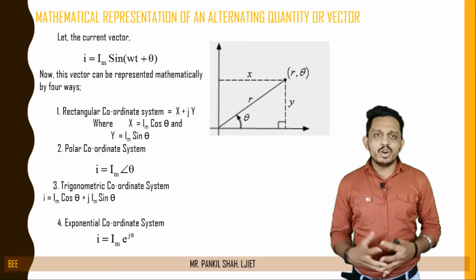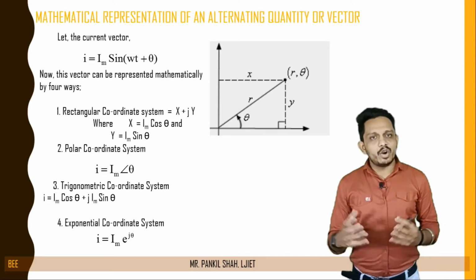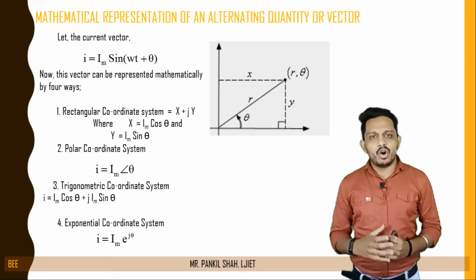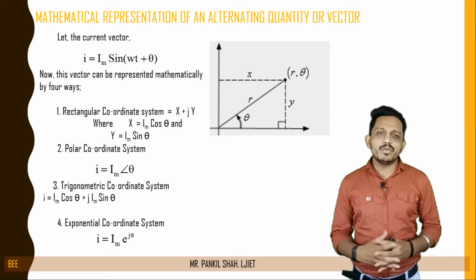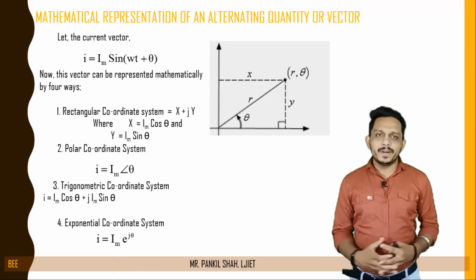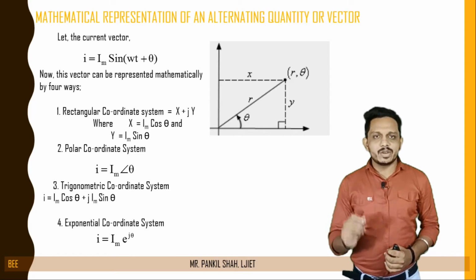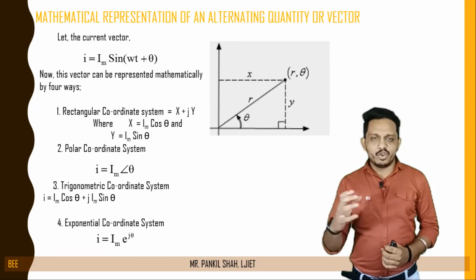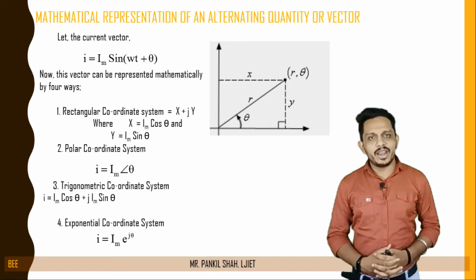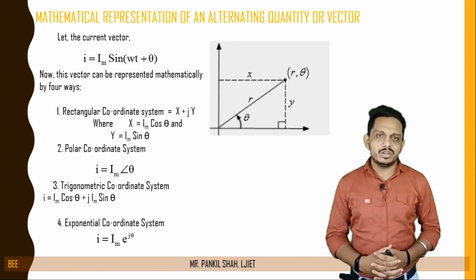So if you calculate these values and put them in the x + jy form, then you get the rectangular form. If you want to find your alternating quantity in polar form, you have to find the magnitude of your resultant quantity. In polar form, we can represent our quantity as follows: we have the maximum value Im here. So small i = Im is the magnitude of your quantity, and in the angle you have to place θ, either positive or negative. So this is a very simple method. You can represent your alternating quantity in polar form also.